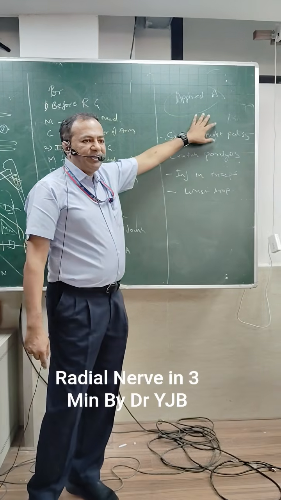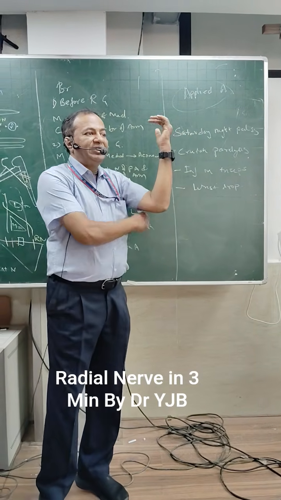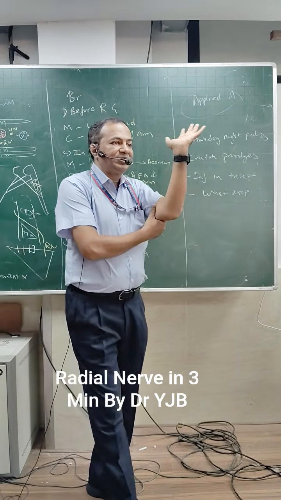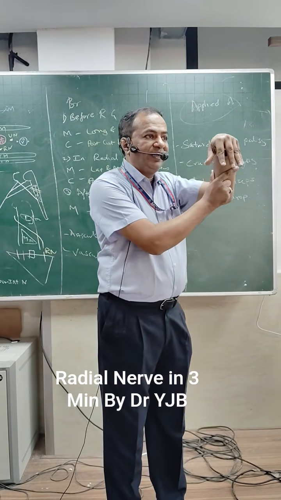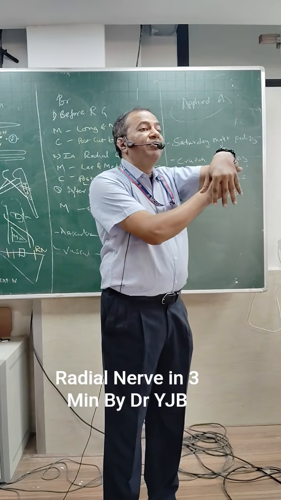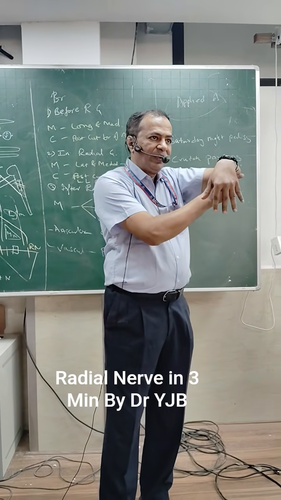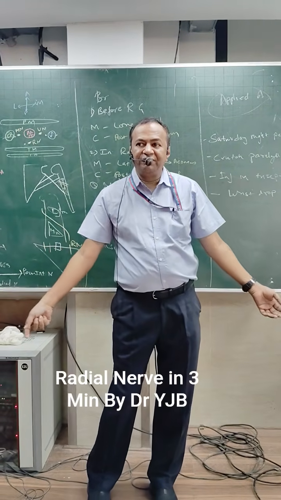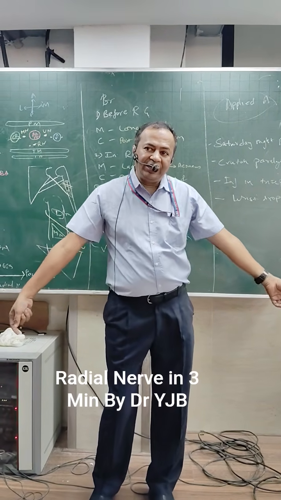The applied anatomy: the radial nerve, because it supplies the extensor muscles, if it is damaged, the extensors are damaged, flexors become overactive, and it leads to a condition called wrist drop. This wrist drop happens in Saturday night palsy, when in the Western world people drink on Saturday nights and they